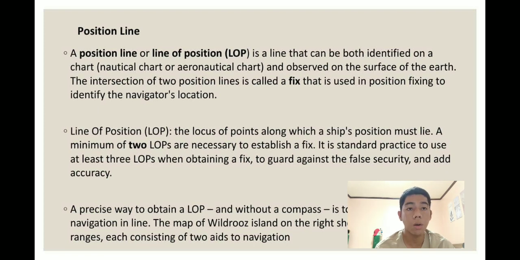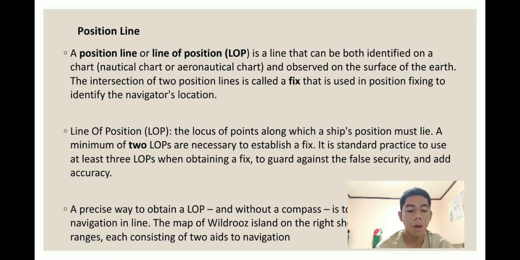Line of position or LOP, the locus of points along which a ship's position must lie. A minimum of 2 LOPs are necessary to establish a fix. It is standard practice to use at least 3 LOPs when obtaining a fix to guard against false security and add accuracy. A precise way to obtain a LOP without a compass is to locate two aids to navigation